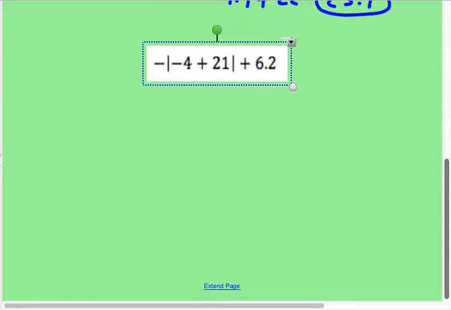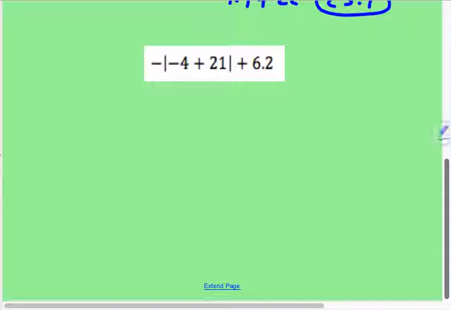You can try, I better do this one too because it's a little different. Okay, now we have a negative outside this absolute value right here. So we're going to do the work inside the absolute value, but once we take the absolute value, we make it positive. Then we multiply it by this negative 1 on the outside. So whenever there's a negative in front of an absolute value, you're going to have a negative number there. But just doing the work, negative 4 plus 21 is going to give me negative the absolute value of 17 plus